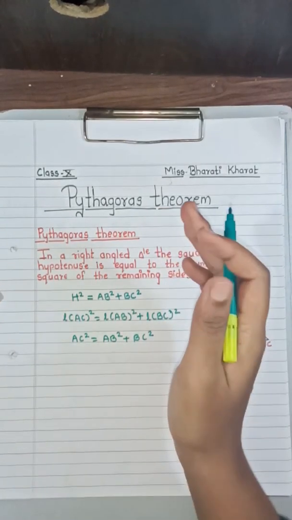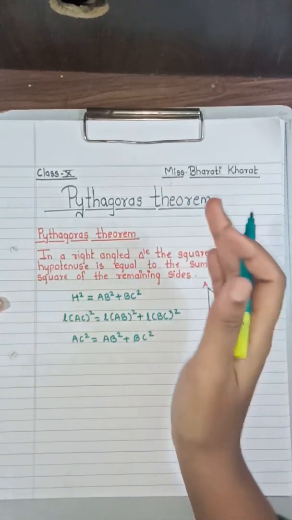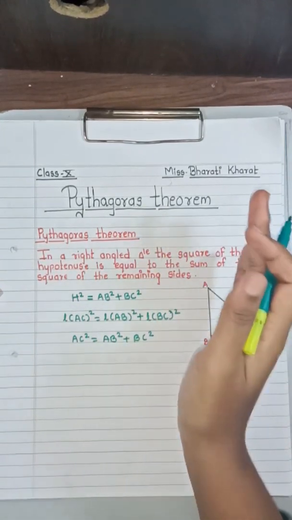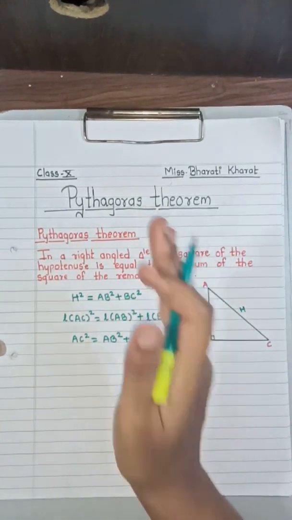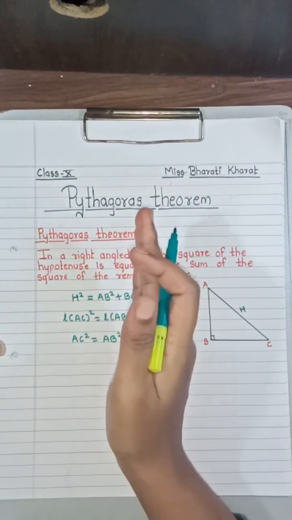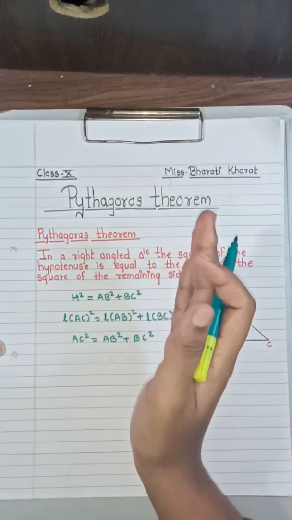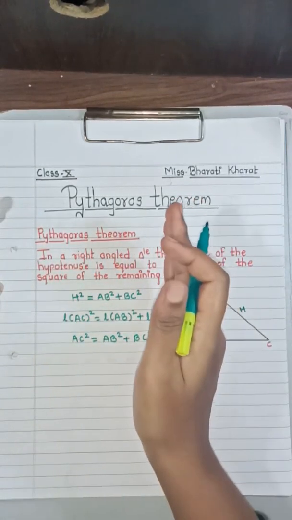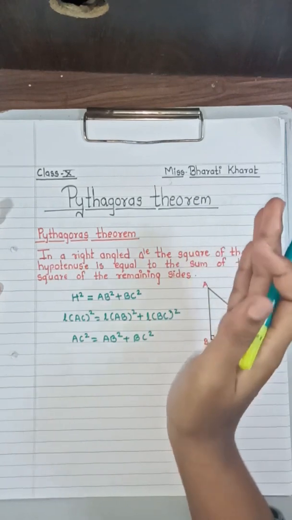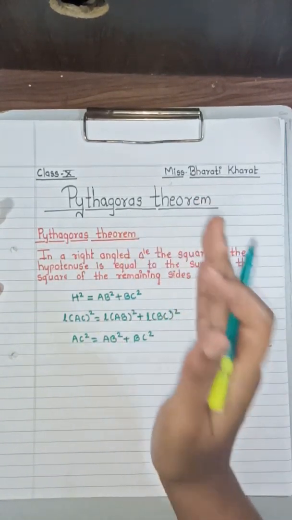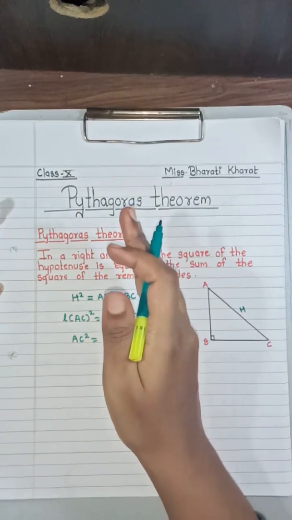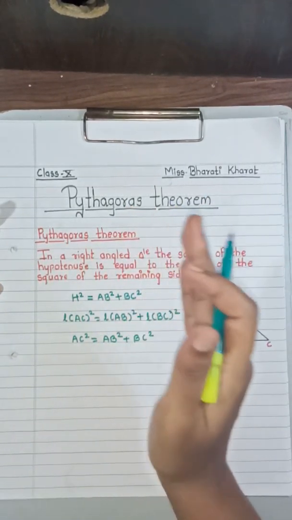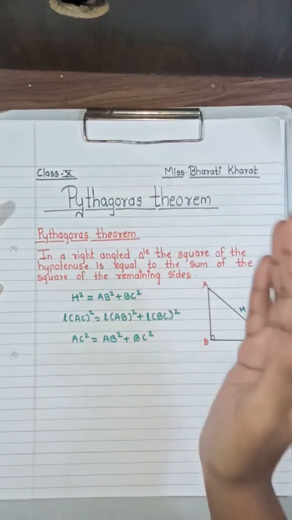Now you have studied this last year, or you might have heard what is Pythagorean triplet. Triplet means pair of three numbers. You can also call it a group of three numbers. Now in mathematical language, the group of three numbers is called a triplet. In a triplet, if the square of the largest number is equal to the sum of the squares of the remaining two numbers, then the given triplet is called a Pythagorean triplet.